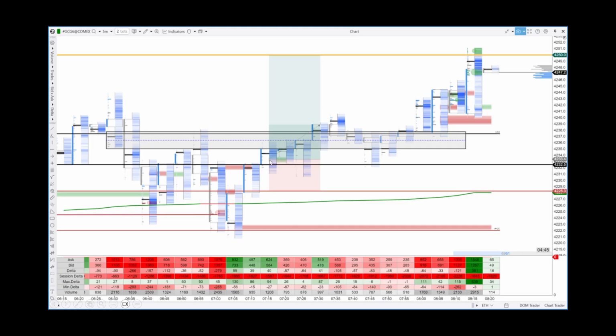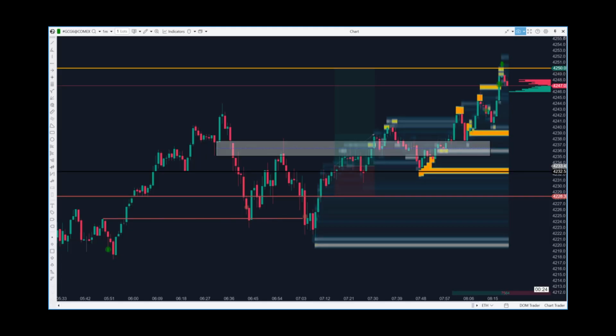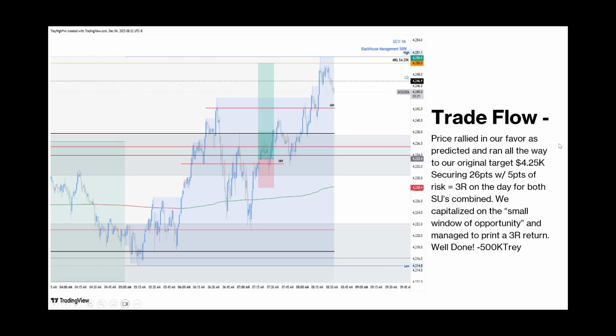So the first original entry was here at 33.4, our target 42.50, and price ran all the way to the target. Beautiful. As you can see here, price hit our target, 42.50. So the trade flow: price rallied in our favor as predicted and ran all the way to our original target, 4.25K, securing